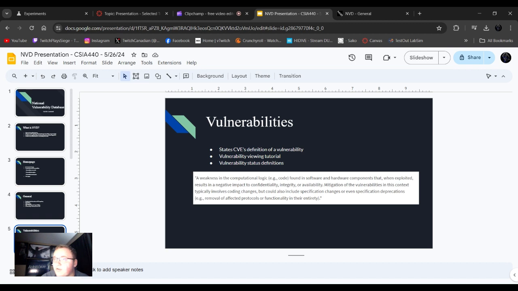Mitigation of the vulnerabilities in this context typically involves coding changes, but could also include specification changes or even specification deprecations, or removal of affected protocols or functionality in their entirety. I know, a lot of big words, but